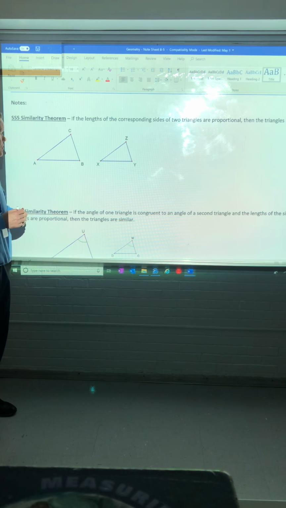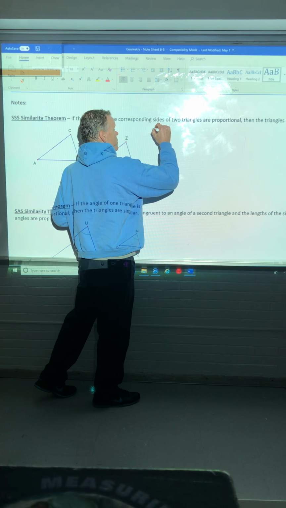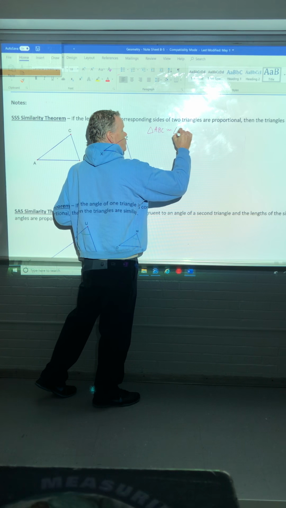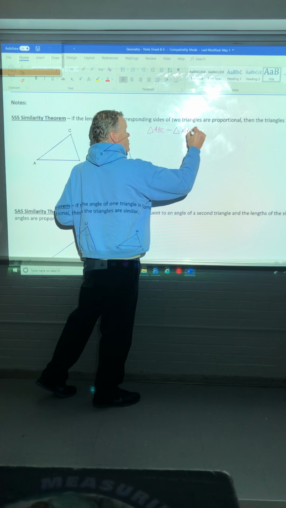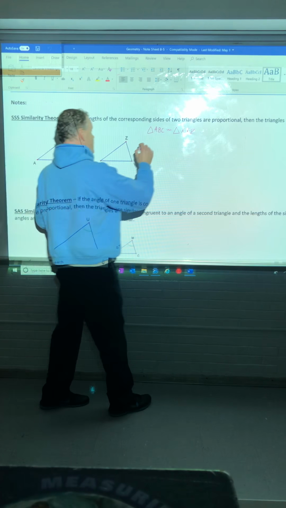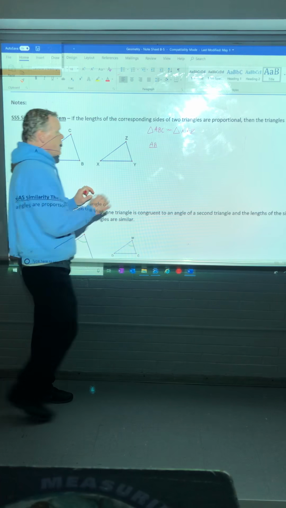All right. So basically, what they're saying here, if you had triangle ABC, you want to prove triangle ABC is similar to triangle XYZ. We would have to make sure that our sides here were in proportion. Okay, so AB would have to be in proportion. If AB is in proportion to XY,